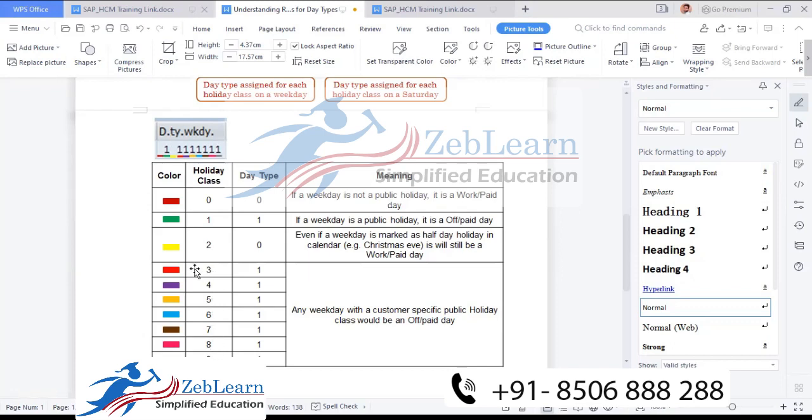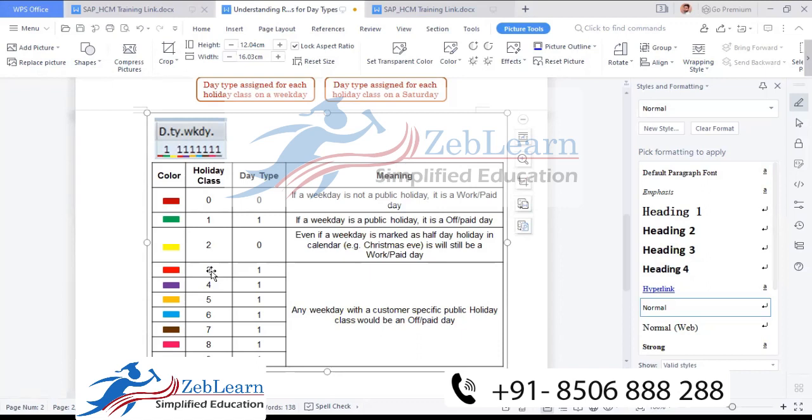That is customer specific. Some customers have a holiday calendar, that means whatever holidays we follow in one year. There are two types of holiday: national holidays and some regional ones according to religion. One is a holiday that is a fixed day according to the Indian government, and the second will be according to religion.